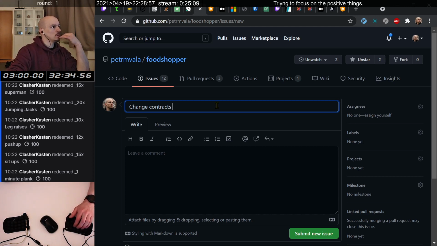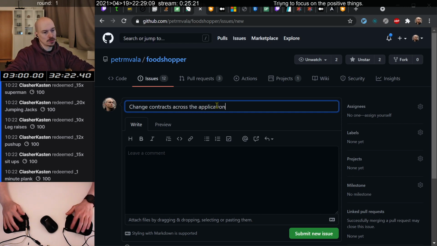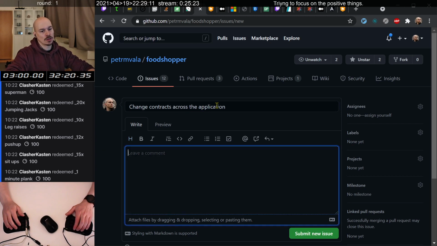Change contracts, just across the application. It will be currently